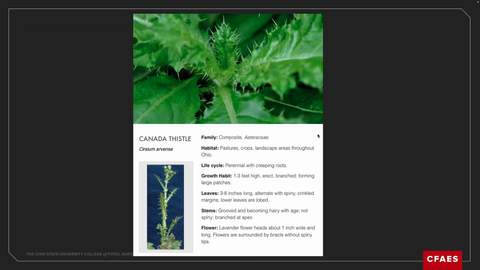Canada thistle, which again, we've had better controls for Canada thistle in my 35 years at Ohio State. The controls certainly got better when we had the implementation of Roundup Ready beans. It has been making a little bit of a comeback the past couple years, but the reason that Canada thistle is on the list, as I indicated before, is because it goes to seed in end of June, left undisturbed, and the seed blow around.